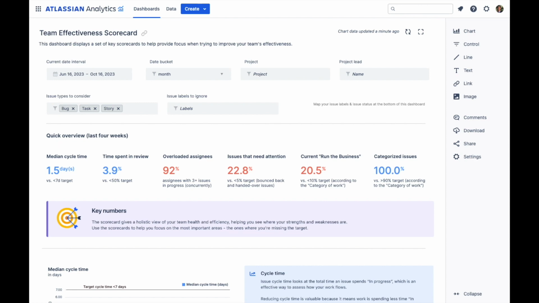The Team Effectiveness Scorecard dashboard template can be used to display a set of key scorecards to help provide focus when trying to improve your team's effectiveness. You can customize the values selected in the 6 dashboard controls to filter the charts to best match how your